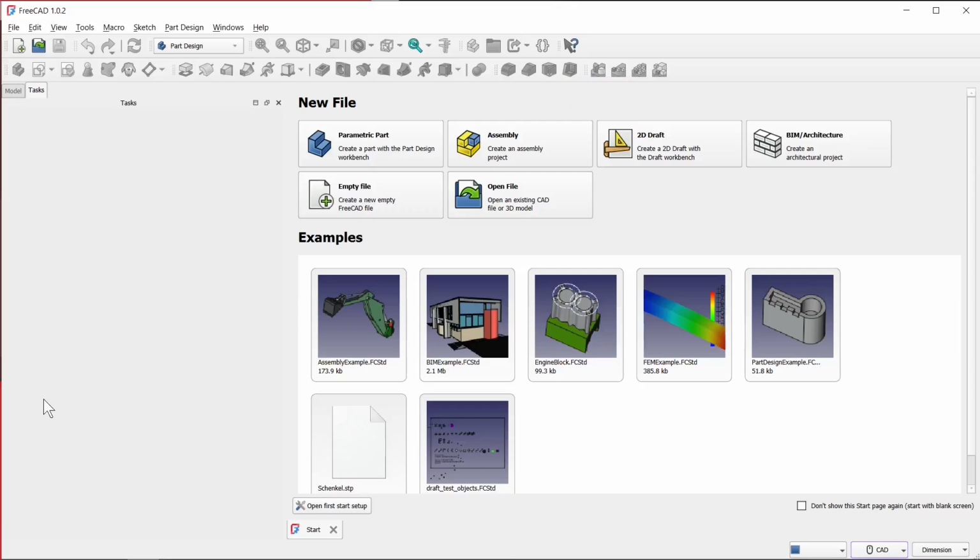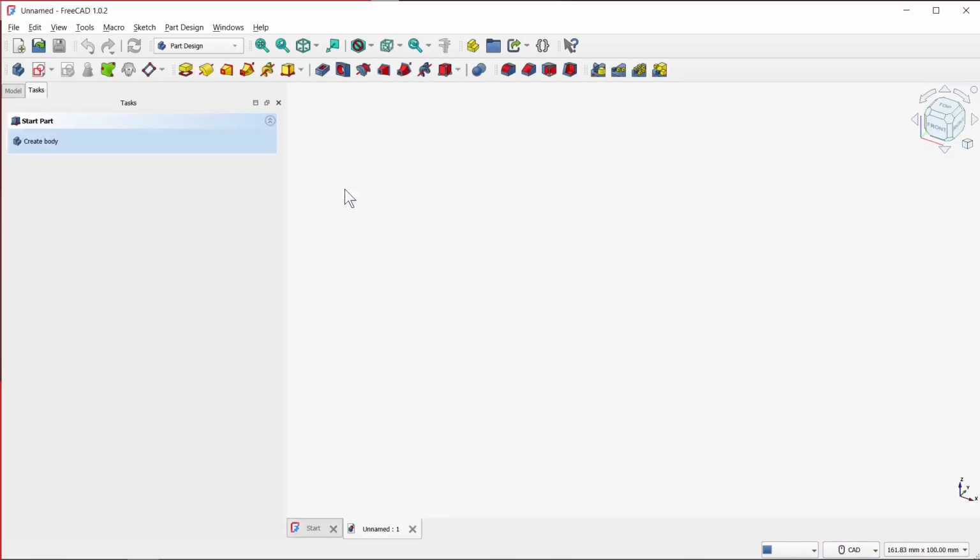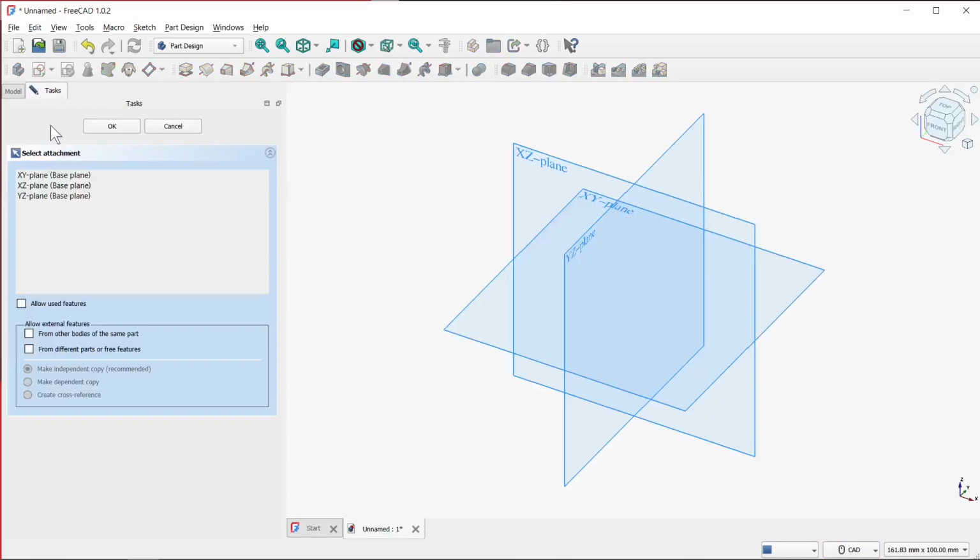Hi, today I'm going to show you how to make a draft on a face in FreeCAD. So if you want to do it, first you need to create an empty file, and after that we need to create a new body and we need to create a new sketch. After that we need to select one from available attachments, so I select here XY plane and I click OK